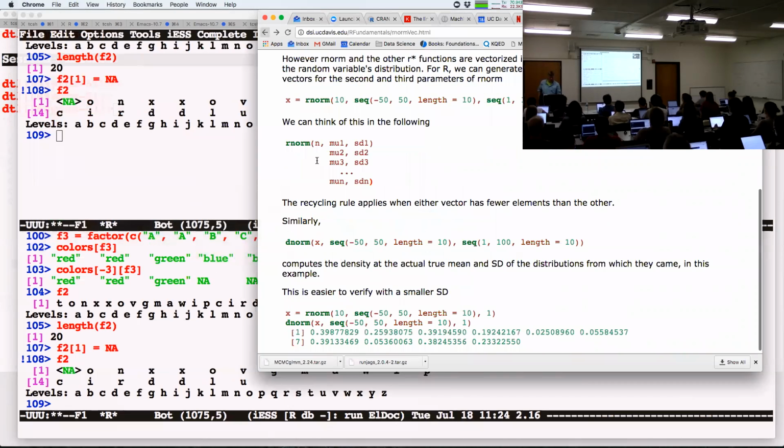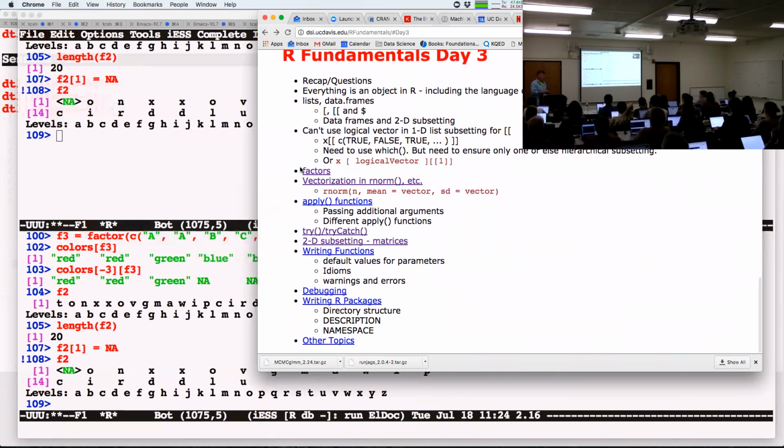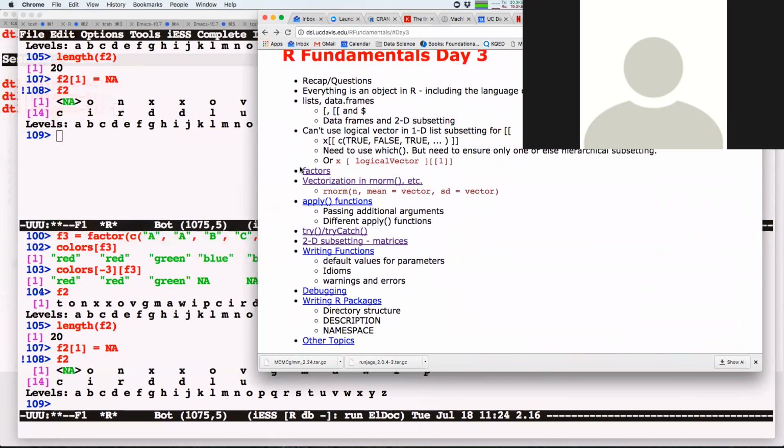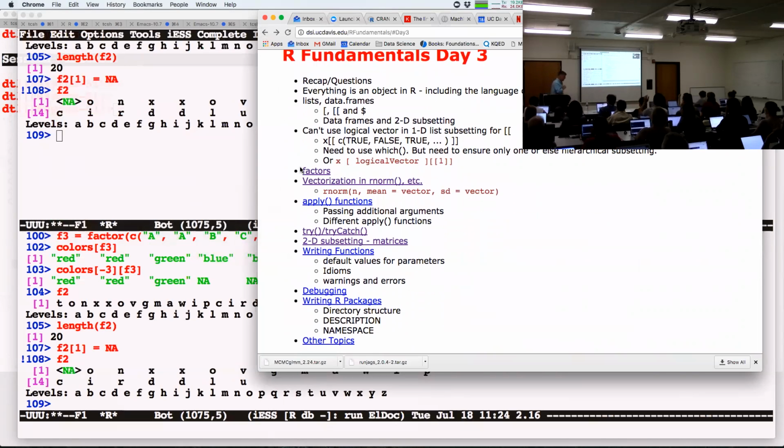Where else are we? Okay, there's factors. I mentioned matrices, and I mentioned that you never use them. How many of you do simulations? In simulations, it can be useful to use matrices. Also, when you're computing distances, that's where they come up. We've used distance a lot for clustering and for machine learning, in support vector machines, and all sorts of things come down to distances. An awful lot of statistics is just the distance between things, the between group distance and the within group distances and so forth. So distances are huge.